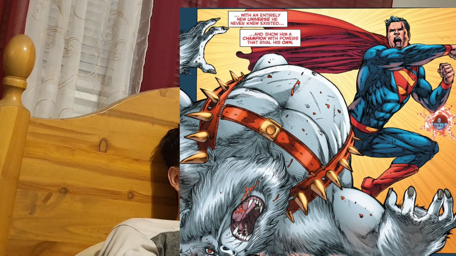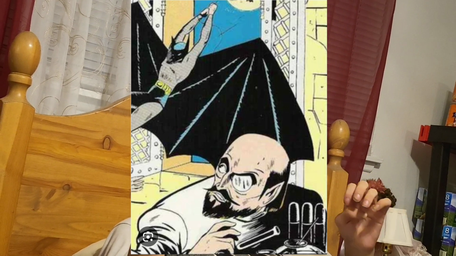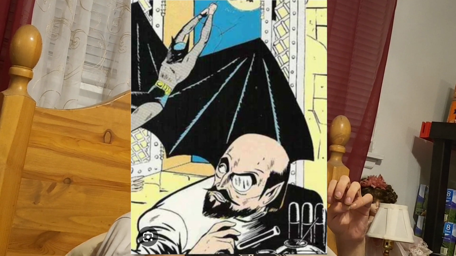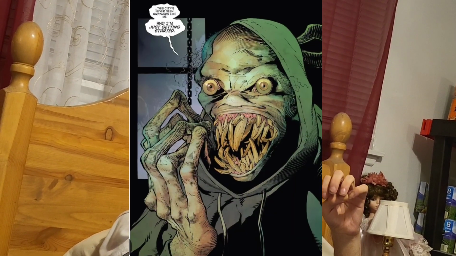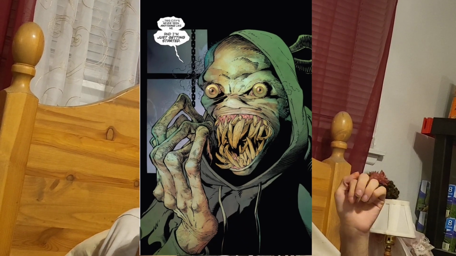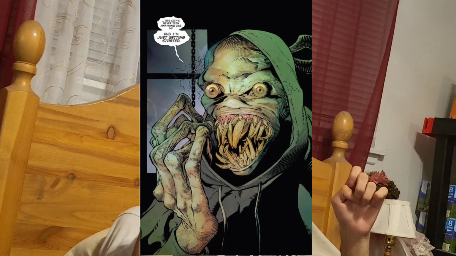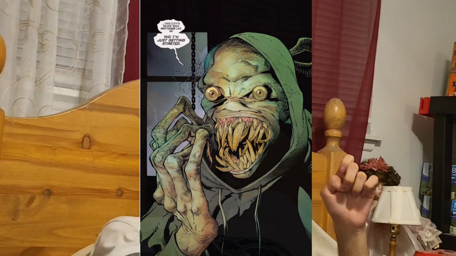Then the start of Batman's villains, Dr. Death. Dr. Death was the guy who stitched his face back together, and continued on being Batman's bad guy.